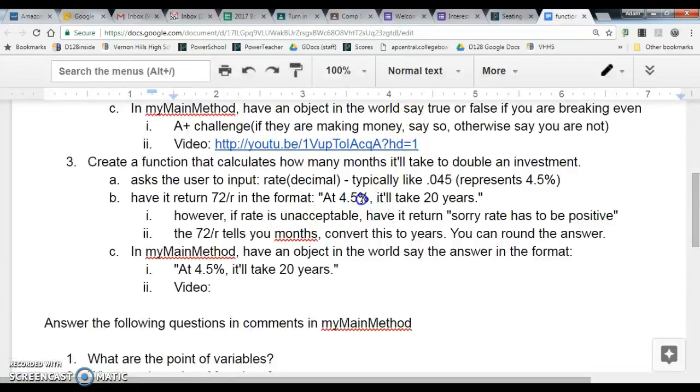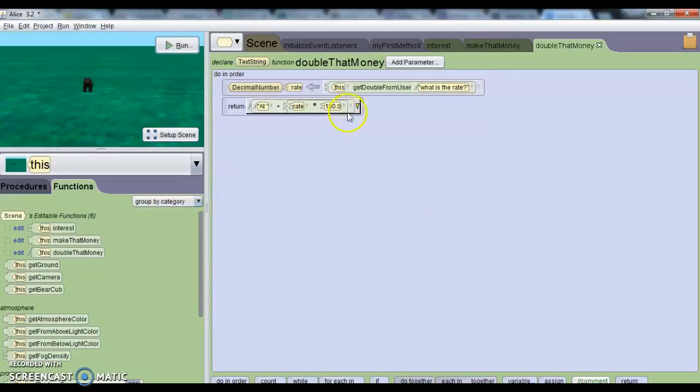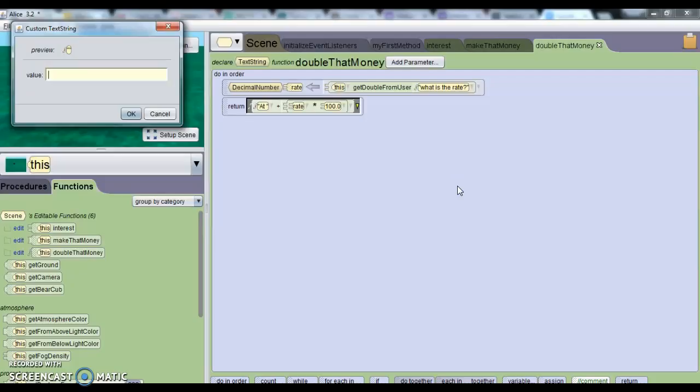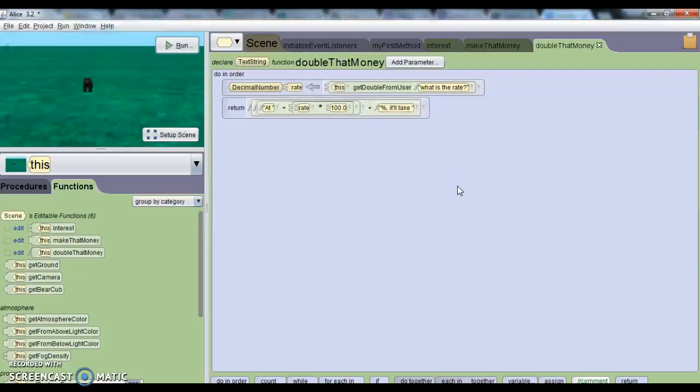Now we need to continue. Percent, it'll take a certain amount of years. So be careful. This triangle is a number. This is a number. This last one is a string. It's the string where we want to take that string plus this text. So at 5%,